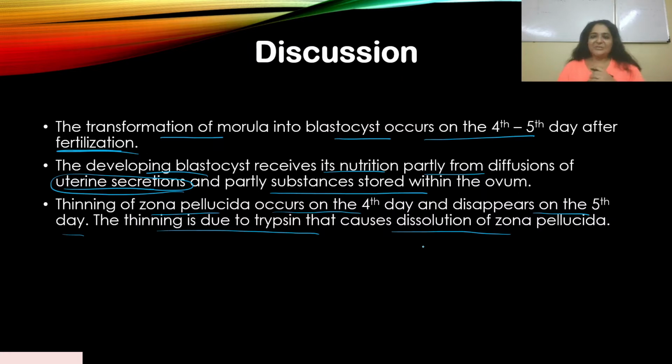I've already discussed this previously, right? It's called zona hatching. So slowly by the 5th day, an approximate day, the Zona Pellucida begins to thin and disappears eventually. That's called zona hatching, and that is due to trypsin. All right, so now when the Zona Pellucida has gone, the blastocyst is ready for attachment or implantation to